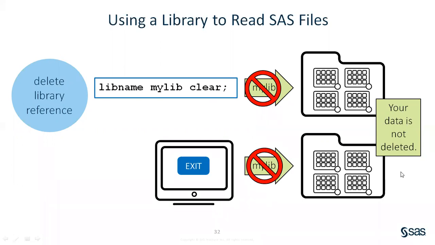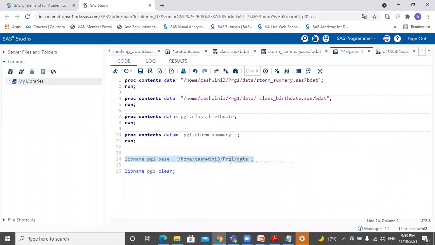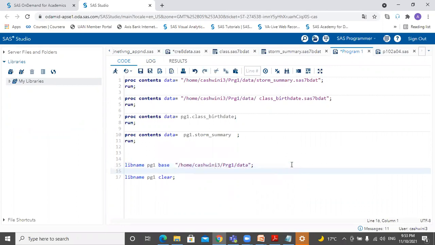Why? Because our data is saved in this path. So data is always there in this path. It's only that we are breaking the connection from the SAS environment to that path by using the clear statement. Understood?